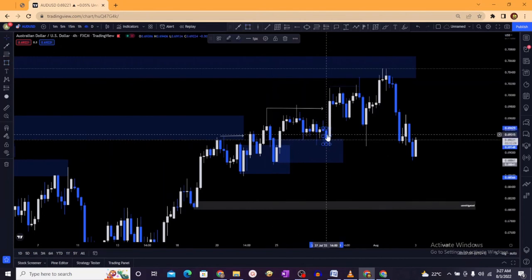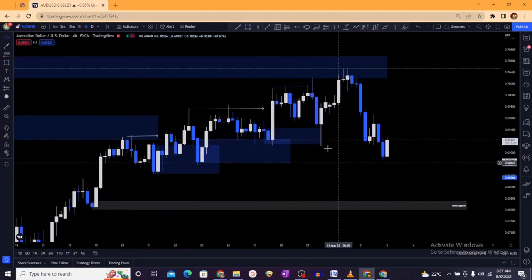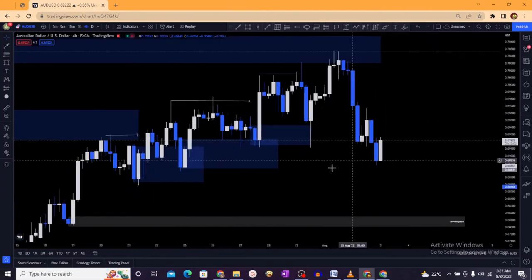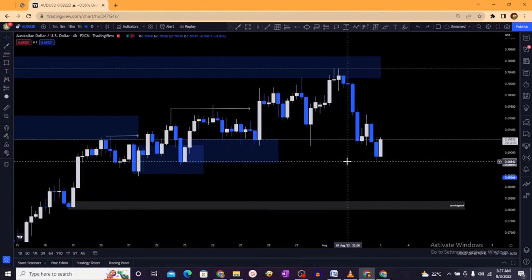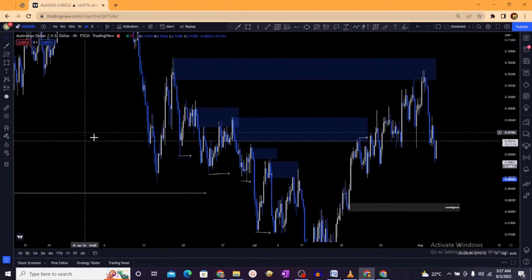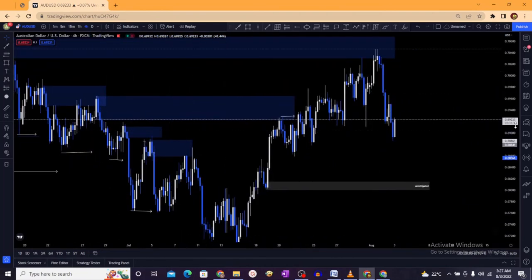Obviously price wicked it, grabbing liquidity from it. It grabbed liquidity before breaking structure. All right, that's that with identifying refined zones. So it can help you catch very, very beautiful risk to reward trades if you understand it with